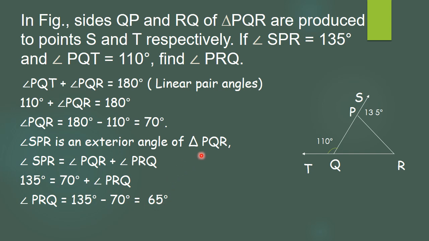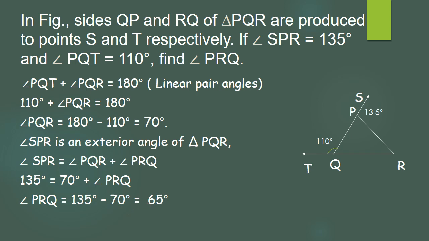Now, instead of this, as we have calculated angle Q with a linear pair, this is also a linear pair angle, correct? As it is a linear pair, we can find out the angle P. And then we will use the angle sum property, because in triangle PQR, we have calculated angle P and angle Q. We know that P plus Q plus R is 180. Using that also, we can calculate the measure of R, and that will be the same answer.